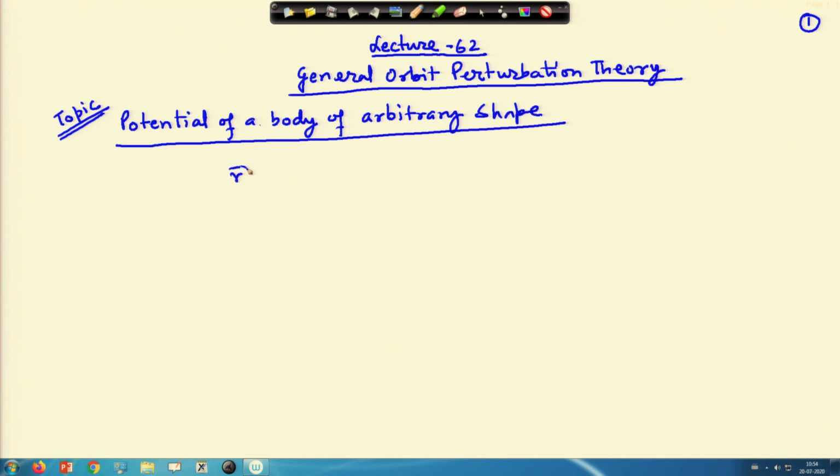If you remember, we have written r double dot equal to minus del u plus r, and thereafter also in the force term we have written this equation. So, all these things till now we have worked out. Today we will discuss the potential of a body of arbitrary shape,